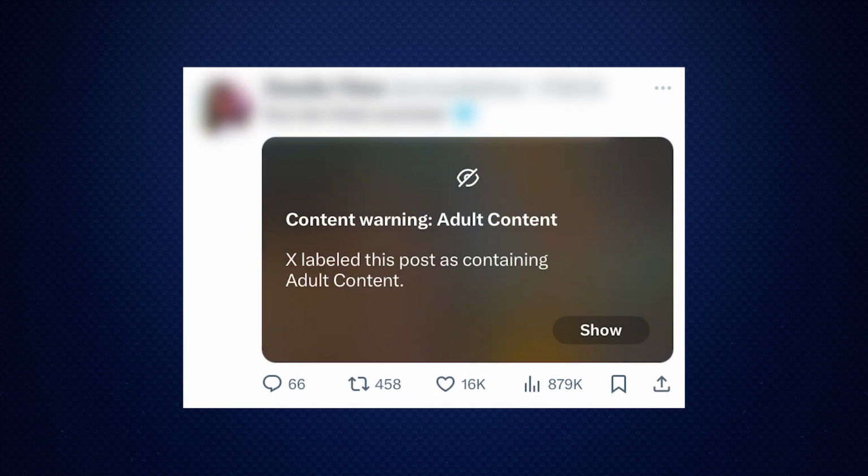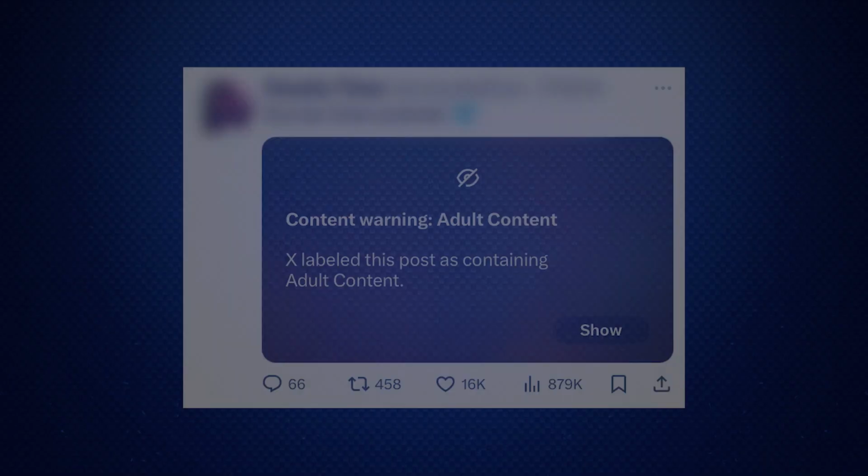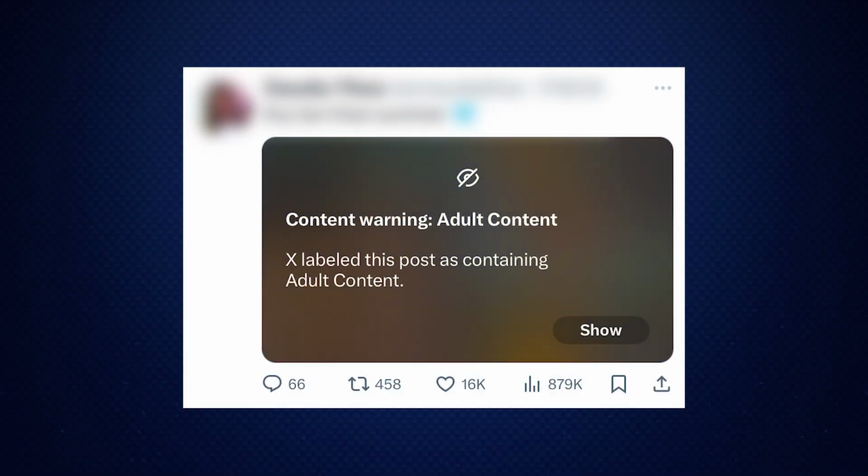Something else that lowers TweetCred is interacting with and posting sensitive content. In fact, if you post media with the sensitive content label, you will automatically get search suggestion banned. This goes for reposts as well. If you repost sensitive content, you will get search banned as well.